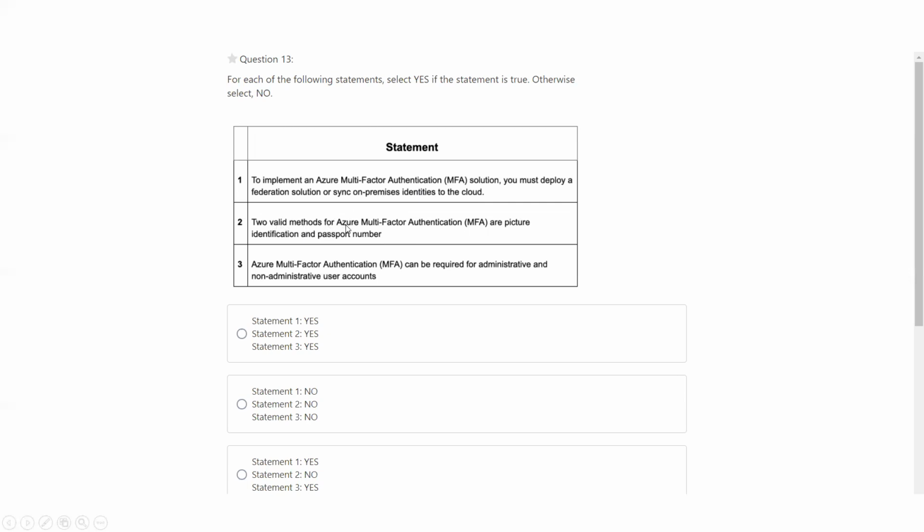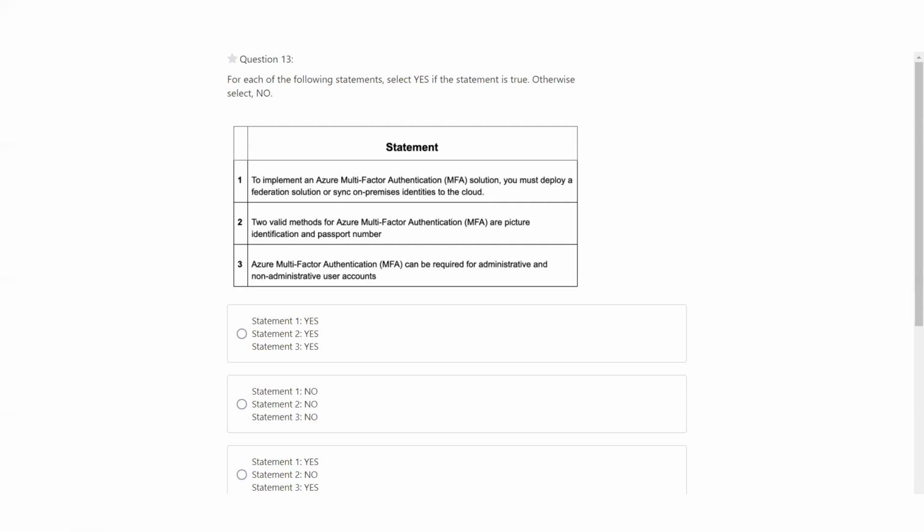Two valid methods for Azure multi-factor authentication are picture identification and passport number. This is totally incorrect. For multi-factor authentication, the authentication types could be phone, email, text, etc. So passport number, these are not valid identification numbers.